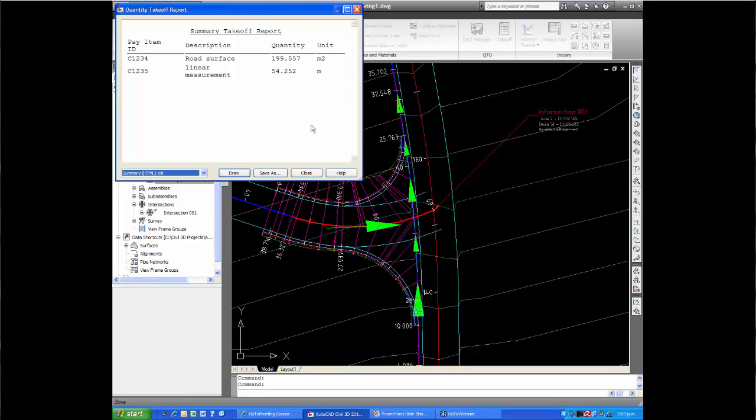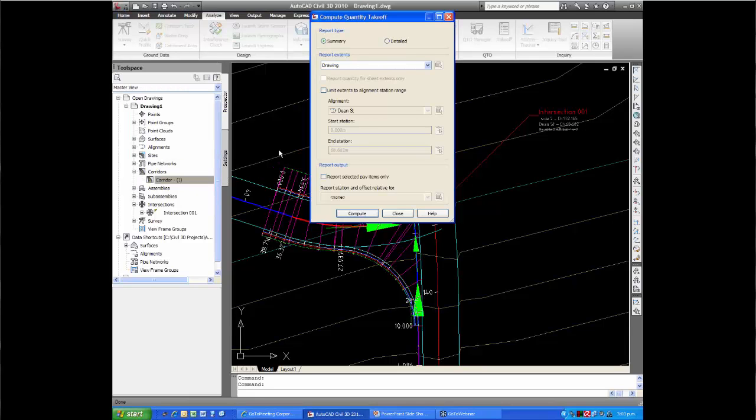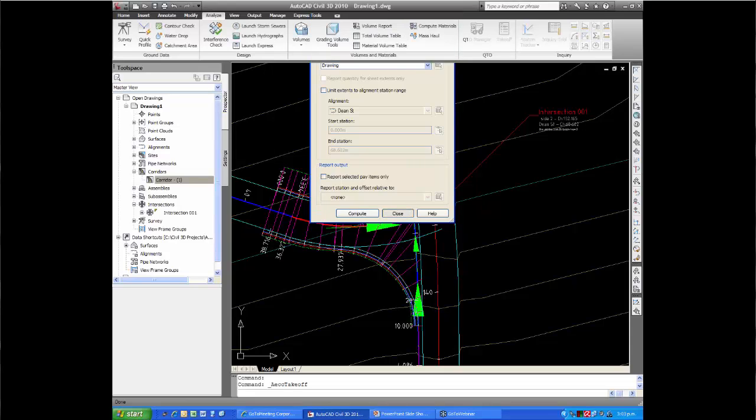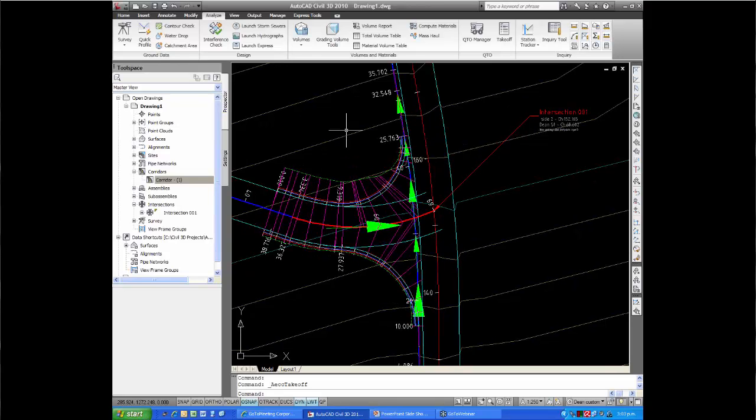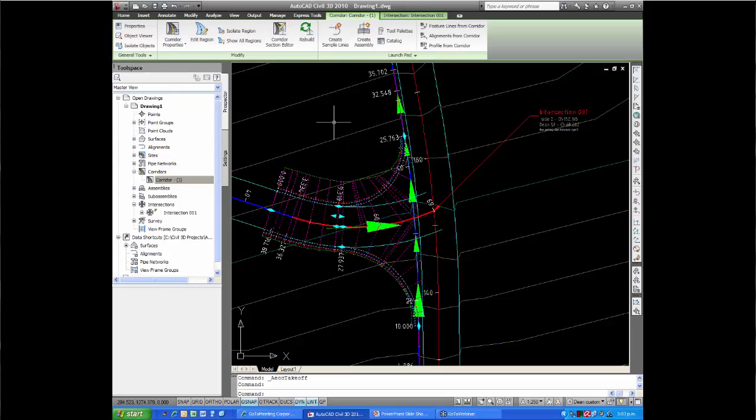All right. The other thing you might want to do is go and we've got 1 minute. If you can spare me 1 minute, I'll go for 1 minute more. Just go and get the set out points for this intersection as well. So the way I'll do that is to select the corridor from the launch pad and the ribbon. You get points from corridor,